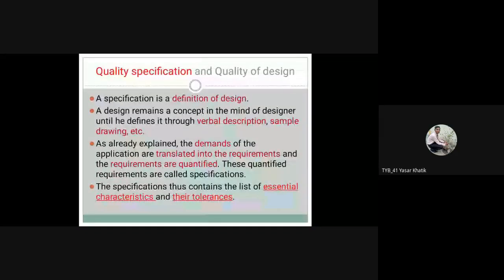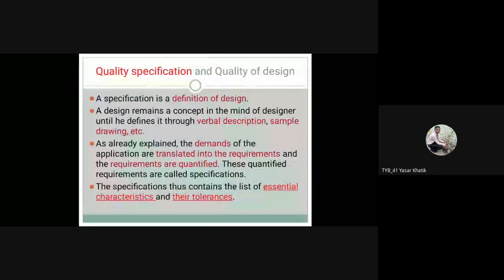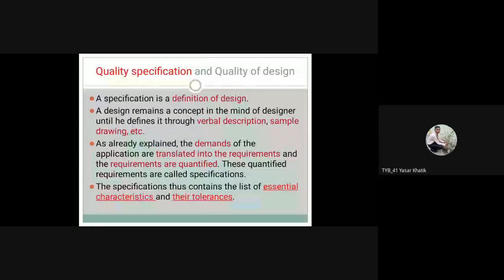and sample drawing. Until you draw the things in your head on a rough paper or show them through an actual drawing, it remains a design in the designer's head. Okay, once you have drawn that concept on your software or on your paper, that will be your definition of the design. That will be the perfect definition of the design. Whatever product you are going to make, that is the first, initial step of that product, like definition